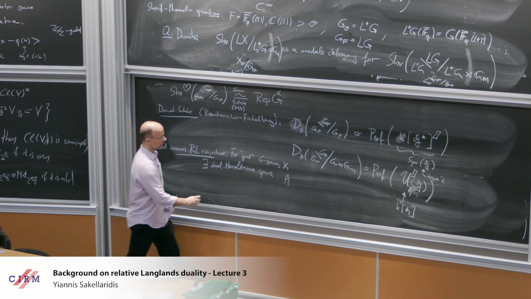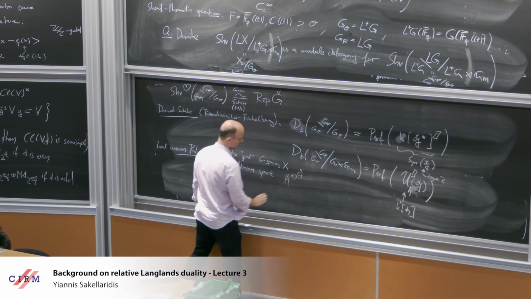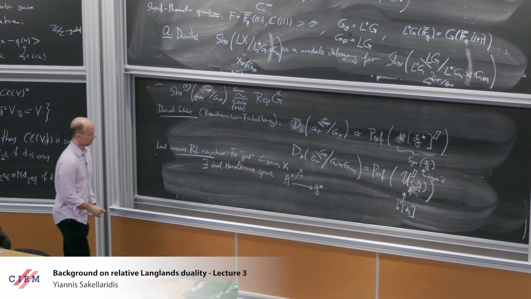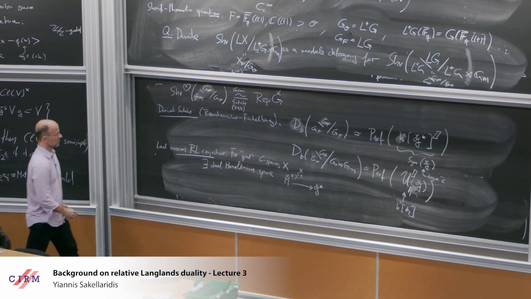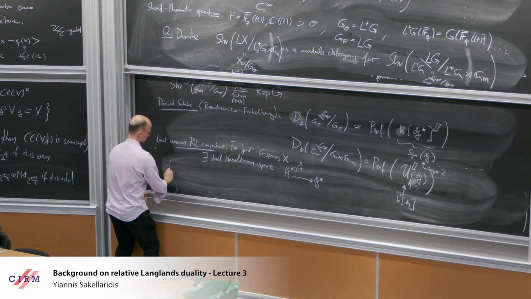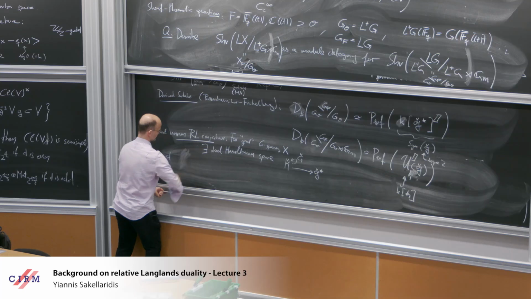So what does Hamiltonian mean? First of all, it's symplectic. It's a symplectic variety. It has an action of G check. And the infinitesimal part of the action can be recovered from a moment map. So it comes with a moment map to g check star, such that... well, okay, let me write